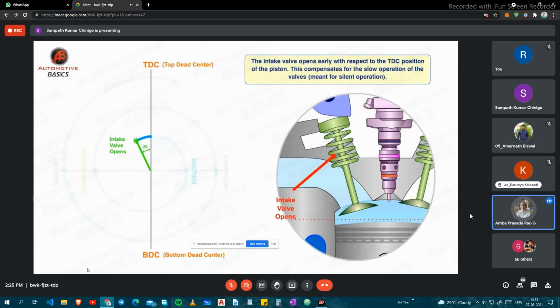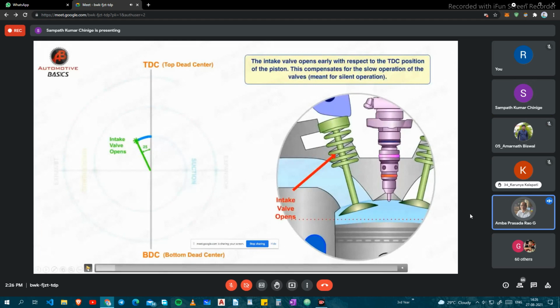Likewise, the inlet valve should have opened early, just as we have to come to class a little before the timing. But we are coming late to the class. Similarly, the valves also have their own inertia of rest and motion. These are mechanically operated valves, with inertia of rest. So we try to open the valve before TDC. Actually, the valve ideally opens here, but we are giving a little more before itself.